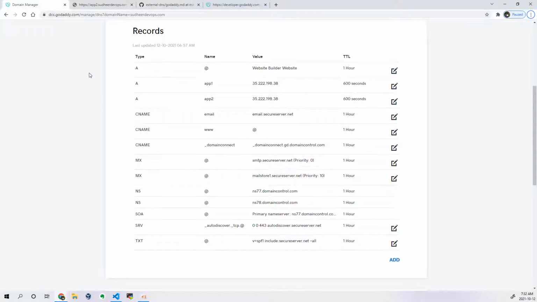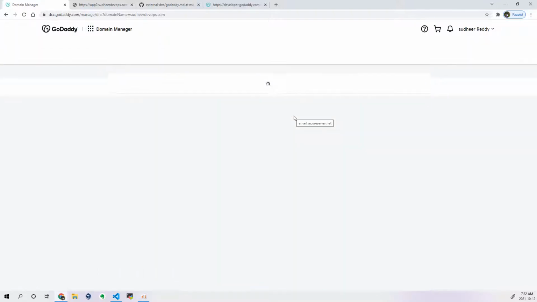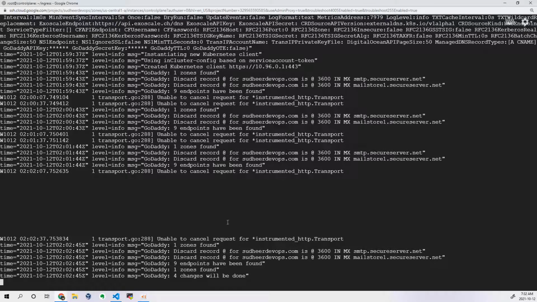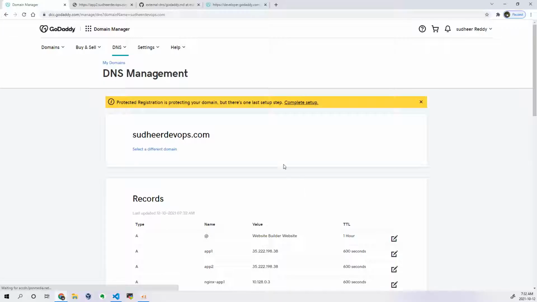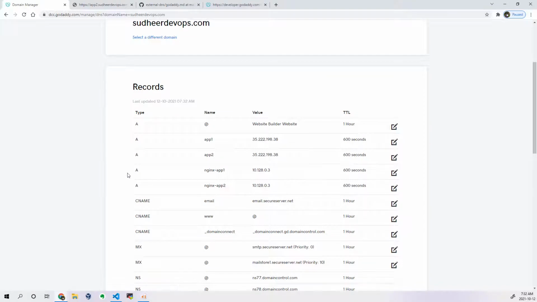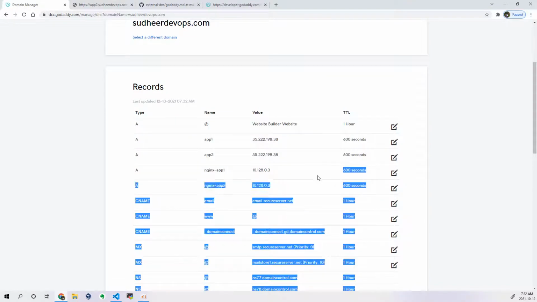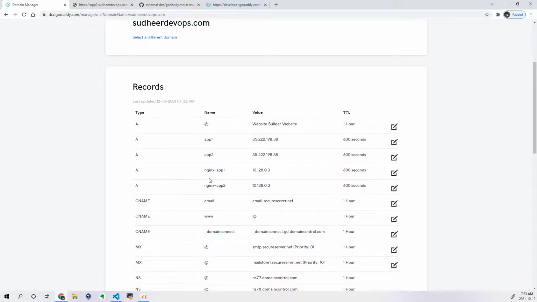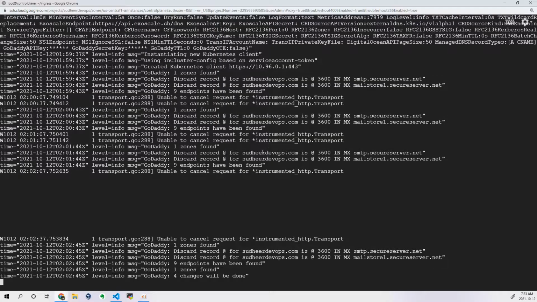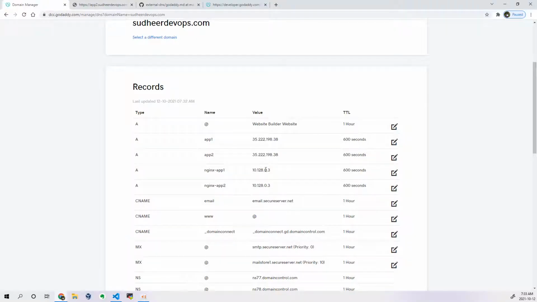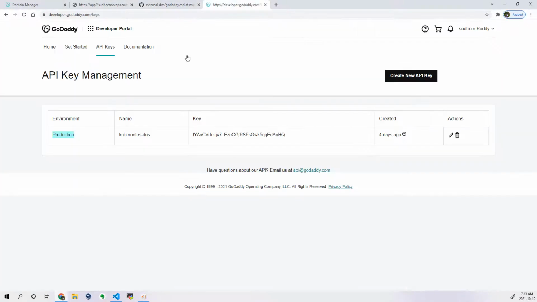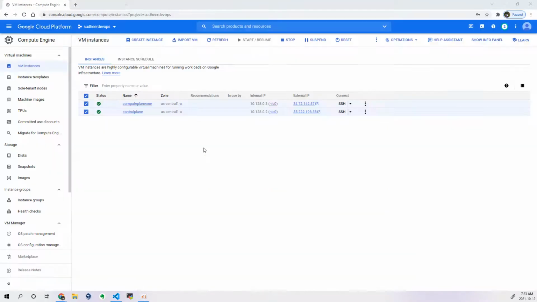It has to go here and add the records. Let me try to refresh this. It might add it or not. Let me check. Here I don't see. I think yeah, it is getting added. You can see now the records got added. You can see this nginx app1, but here the problem is it is adding my private IP address actually. Actually, this is not a private IP address. It is my node compute plane IP address. If you see this, where is my node? Here if you see